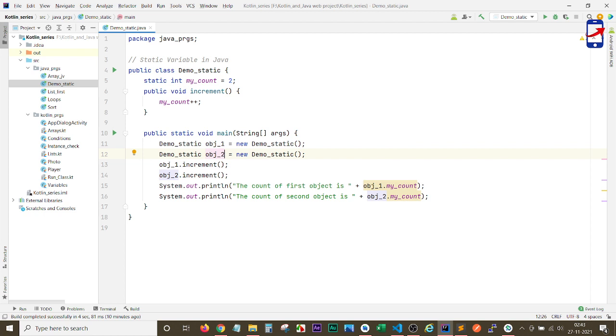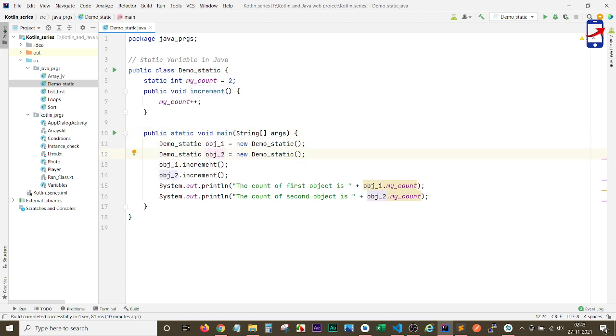So how should a static variable or a normal variable behave? Once we call object dot method name, we can call this method by creating an instance of the class.